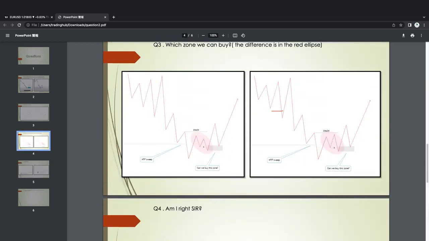So you are saying in question number 3, in both diagrams we can buy, both with the liquidity. As I mentioned here, in both diagrams, price must take out the liquidity. I'm not suggesting you buy directly here because of a higher time frame liquidity sweep, but we need lower time frame liquidity also before the buy. Correct. So here, as I mentioned, price must sweep this low and then go higher, and this one is more valid: taking out the previous low and closing above it, and then we can buy. So this can be your high probability trade.